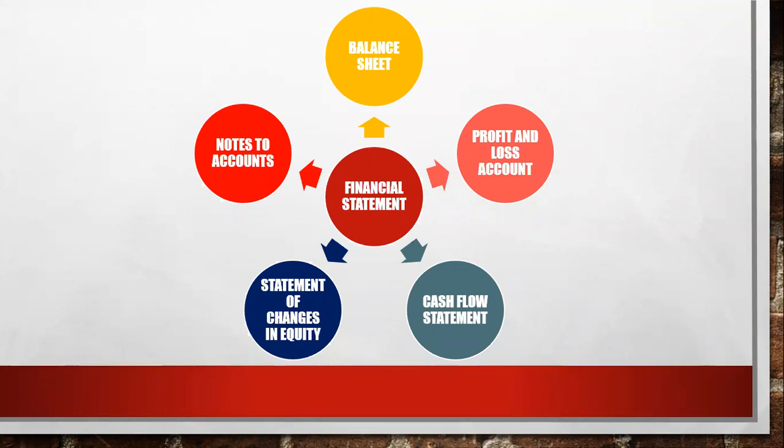What is the financial year? 2021. Not assessment year, financial year. Our financial year starts from April and ends with March. So the financial year of any company can only be from April to March.